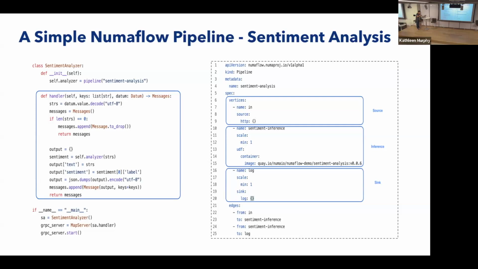So this pipeline is quite simple, quite straightforward, but think about it. You can easily switch the source from HTTP to something like Kafka, which is really doing streaming data processing. And you can switch the sink to something else, like another Kafka topic, and then you can get a real streaming data inference pipeline without making any code change, right? So I think that's the first demo I have.